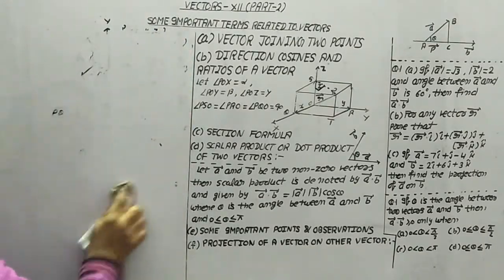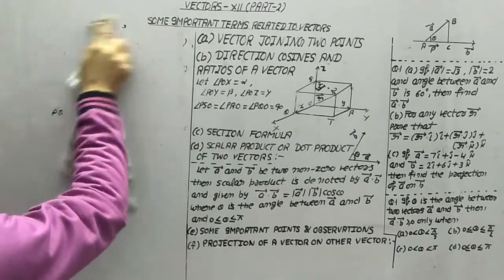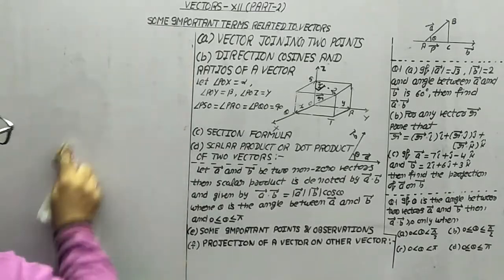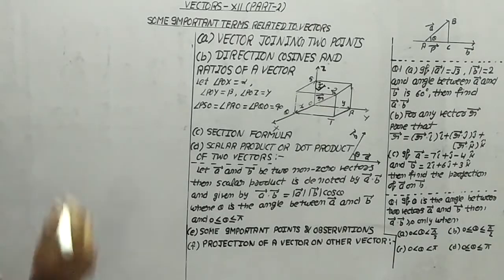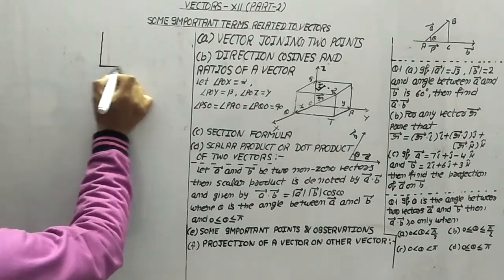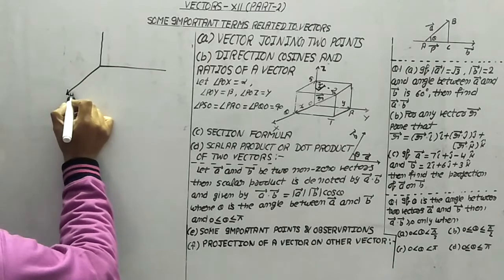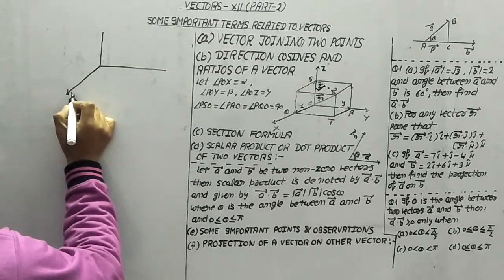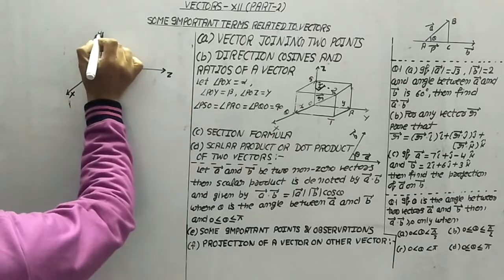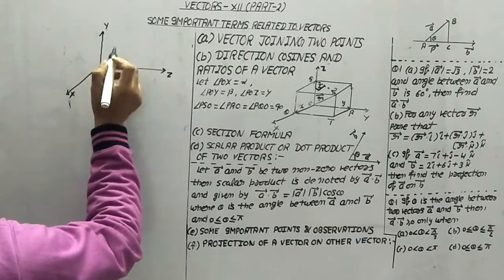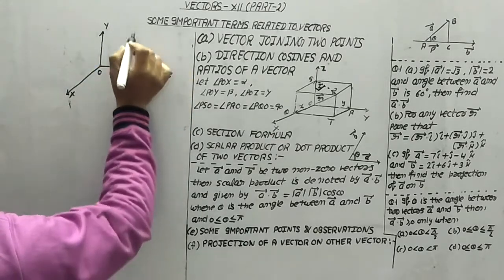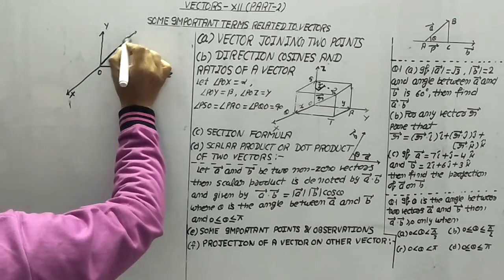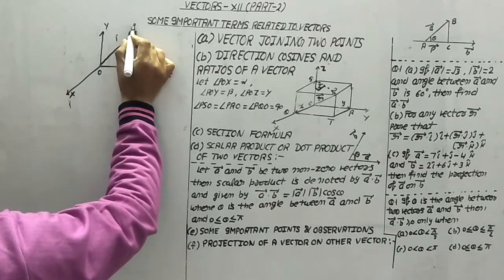Now consider another thing. This is the section formula. This section formula is similar to what you did in 10th class. Look at this again. For this, consider a system of coordinate axes. This is the X axis, this is Z and this is the Y axis. So if we take any 2 points P and Q, then the position vector of this P is